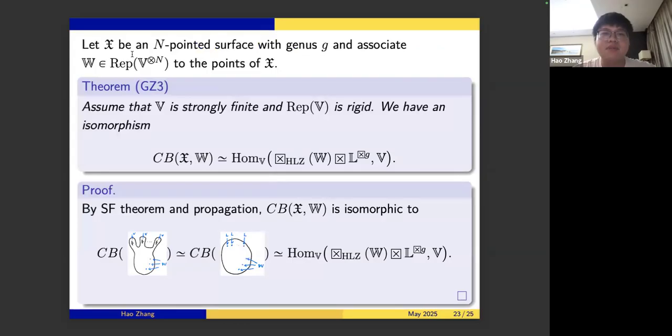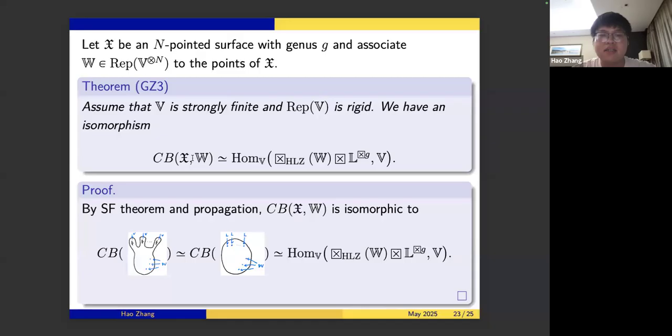Let X be an n-pointed surface with genus g, and associate a V tensor n module W to the points of X. If our VOA is strongly finite and our representation category is rigid, we have the isomorphism between the conformal block space and the hom space involving the Lyubashenko coend. The proof is quite simple. If you already have the sewing-factorization theorem,